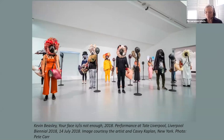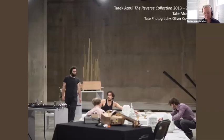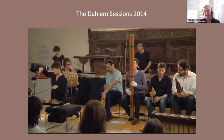We also have works with complex dependencies on communities of practice outside the museum for their activation. Similarly, this work by Tara Katui called The Reverse Collection directly speaks to intangible heritage in that the work was inspired by instruments in the Technology Museum in Dahlem in Berlin. And I was enjoying the chat about skills around musical instruments, but in this case, Tara Katui was